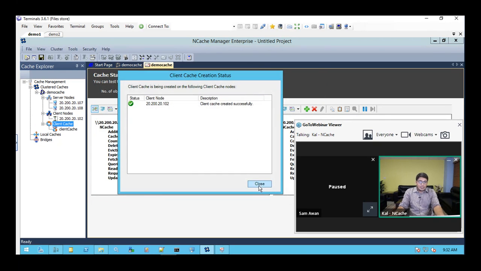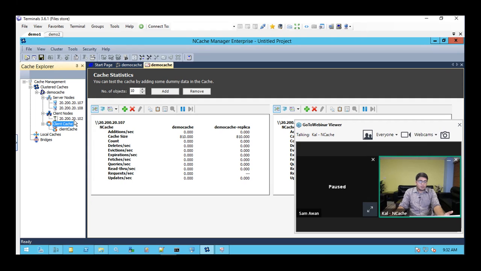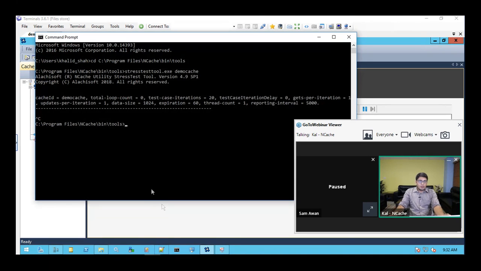So now the client cache is actually configured on my personal box. A quick way to verify this would be to run the list caches tool present within my personal box once I install Encache. Using that tool, it lets me know which Encaches are running on my personal box at this point. So here, let's actually run list caches.